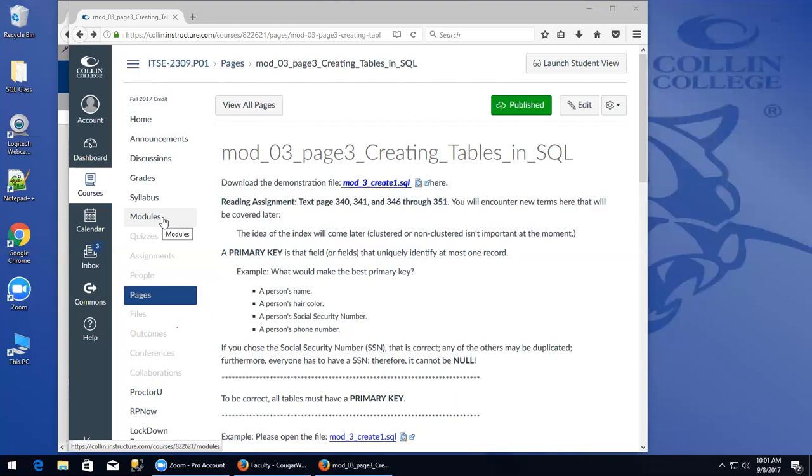Module 3 is where we're going to get started here. In Module 3, I'm going to move ahead a little bit, and we're going to go up to creating tables in SQL. Now, the textbook puts creating the tables up in Chapter 7. So it just starts out with the SQL. And I think it's important to learn about what a table is and how you create a table. So